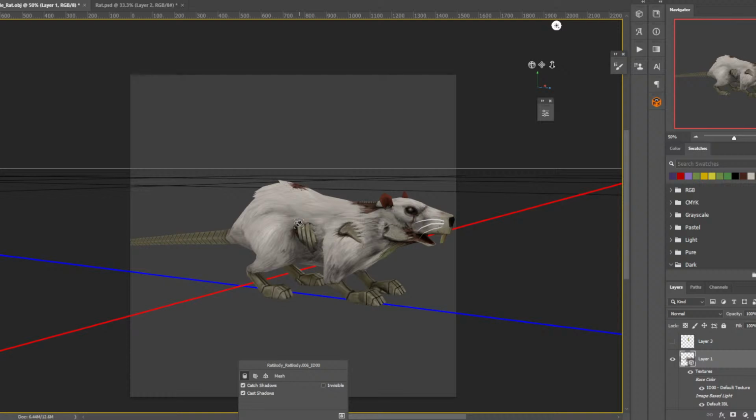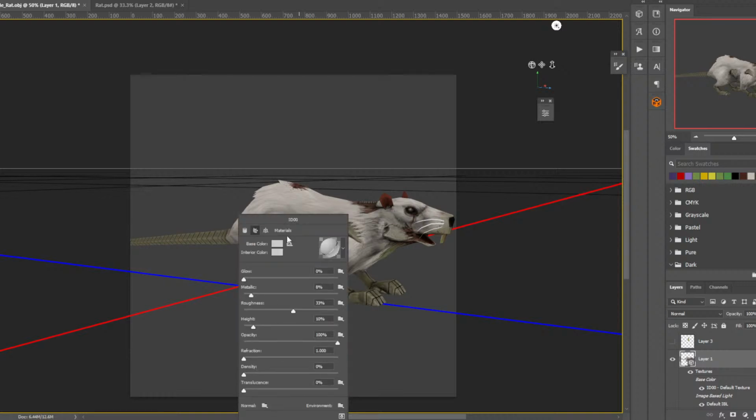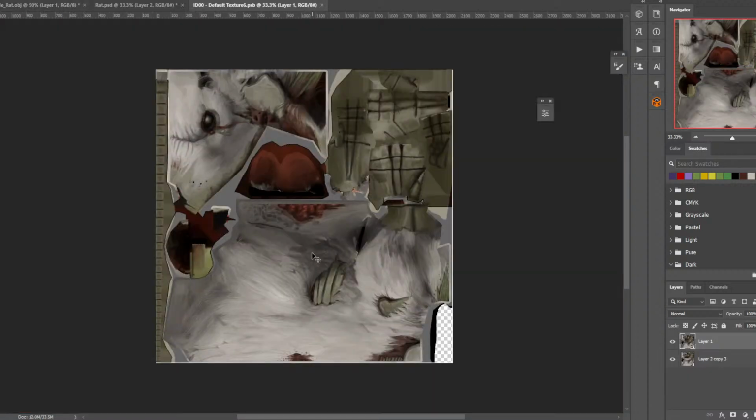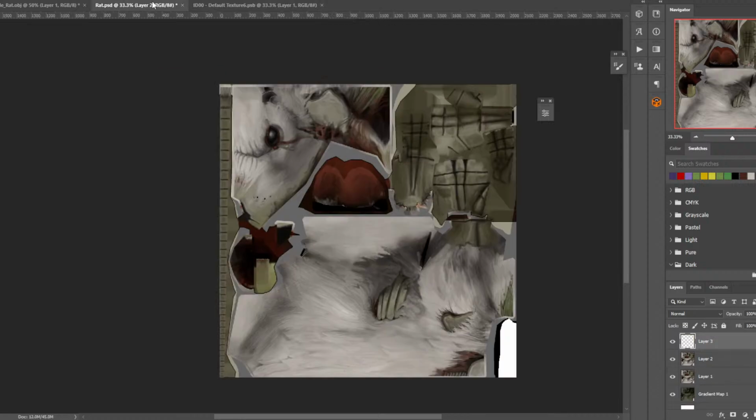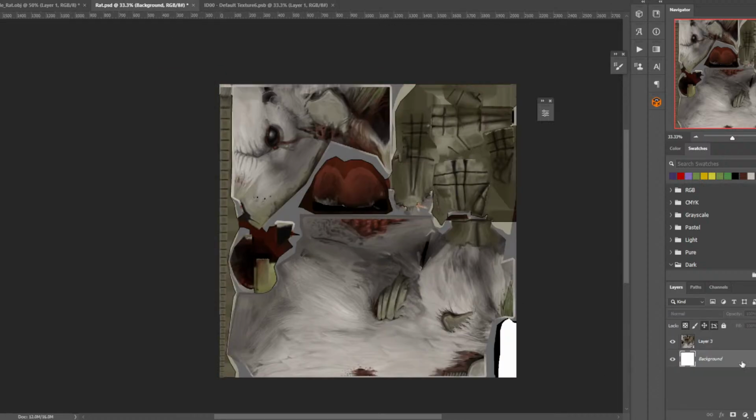I'm going to go over here. I'm going to get this one. Edit texture so it's the latest for sure. I'm going to paste this new one. Get rid of all this other crap. And then we are going to go in and do the